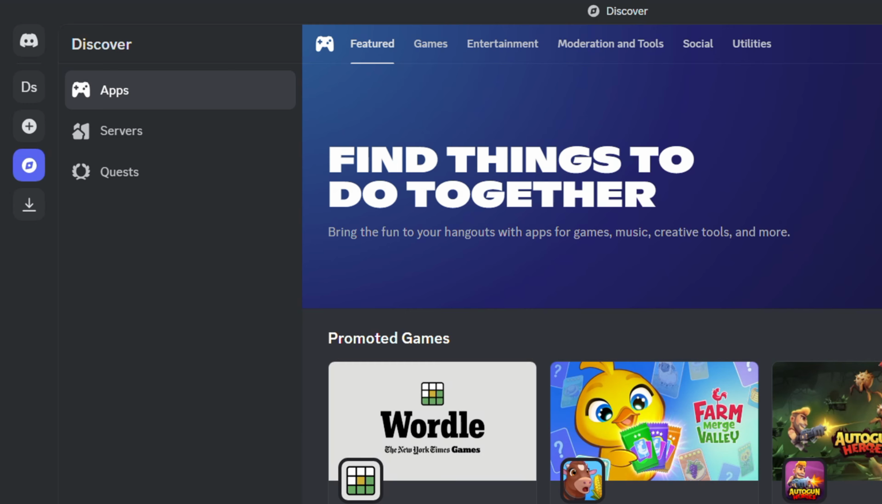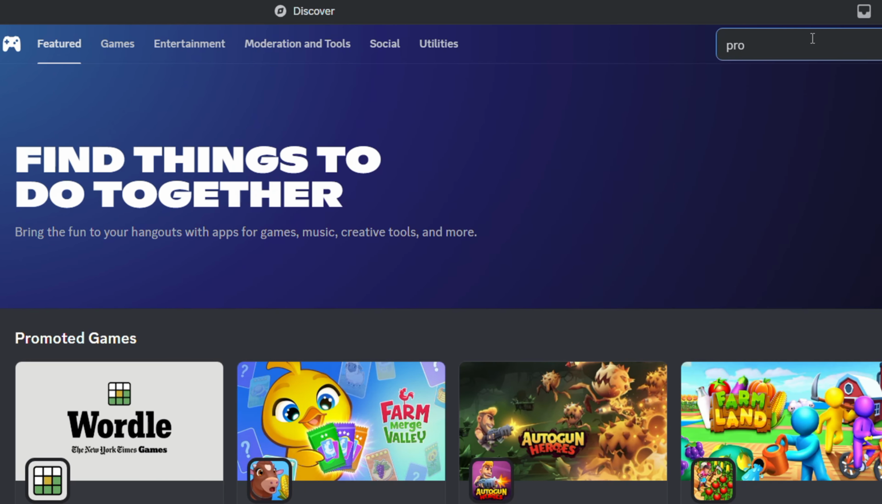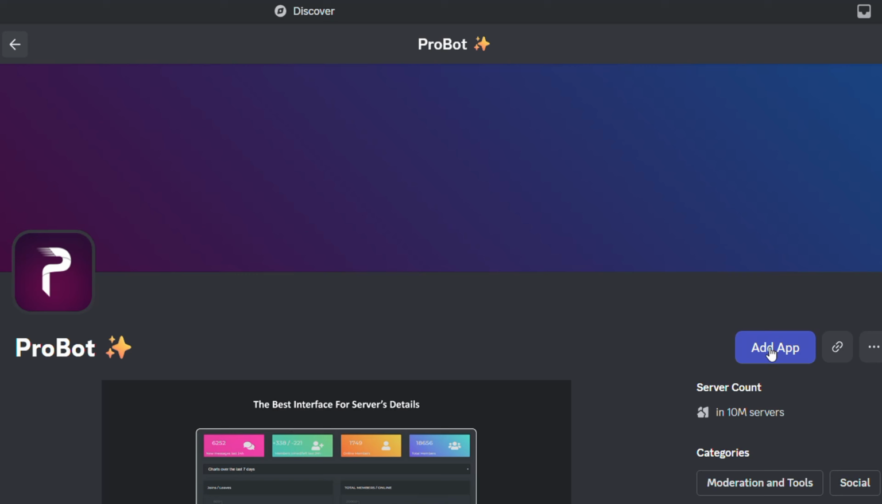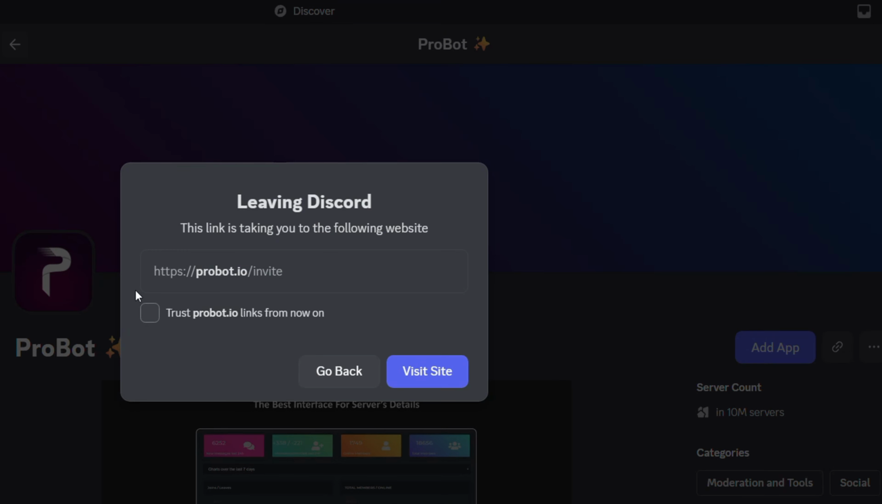Now from here, use a search and you want to type in probot. You can type it in one word. And once you type that in, go ahead and do a search option here, and you'll find this one in the list that says probot with the little star like there. You want to go ahead and click on that, and from here you want to click and add app on the right hand side. Go ahead, you can say trust here and click and go ahead and say visit site,